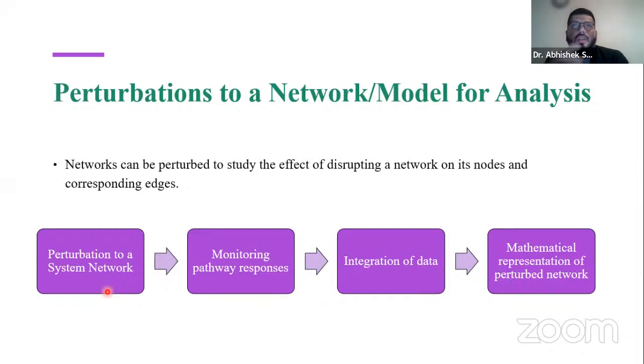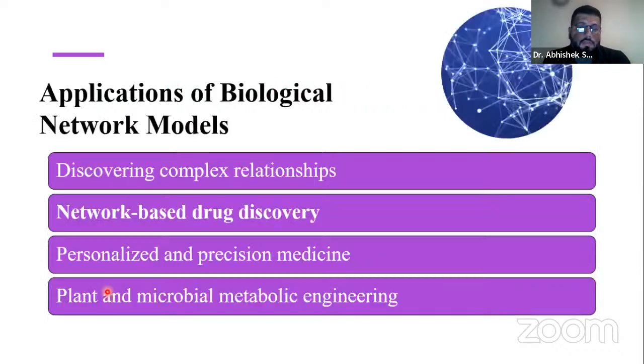If there is no change, that means those pathways are not very important for that particular problem, right? So this perturbation analysis is very important. You can even change the concentrations, you can change the expression values of various genes and proteins, and see what happens to the model, how the model behaves, right? So that is a very regular thing that we do in systems biology.